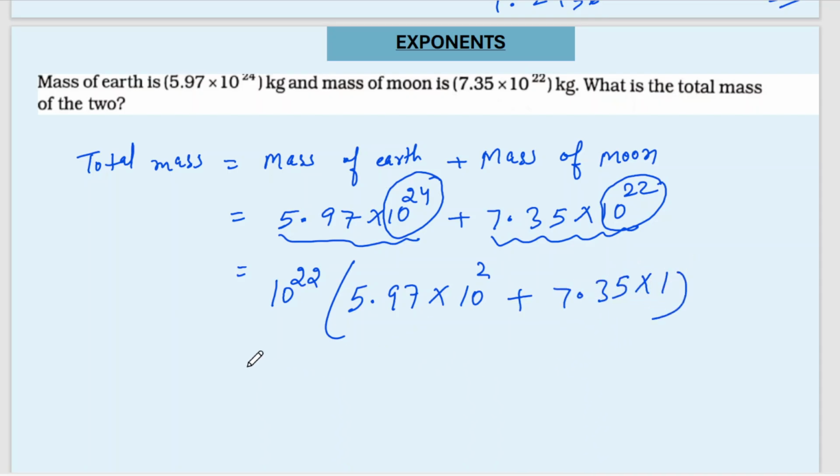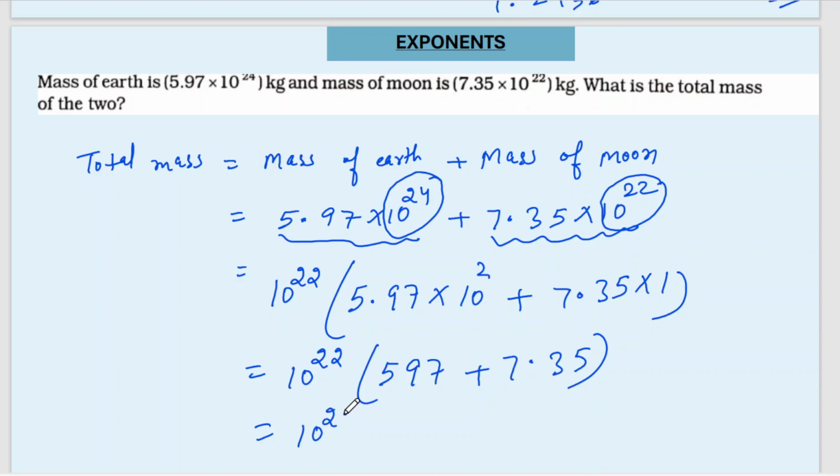Okay? Now solve this question. 10 to the power 22. Now 5.97 into 10 to the power 2. 10 to the power 2 is 100. So 597 plus 7.35. So it is 10 to the power 22 into, now you can write this as